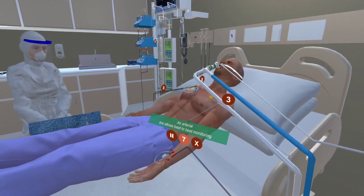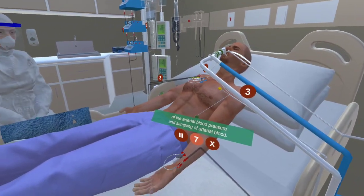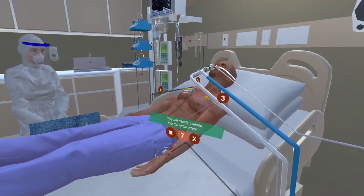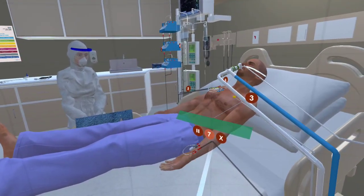An arterial line allows beat-to-beat monitoring of the arterial blood pressure and sampling of arterial blood. They are usually inserted into the radial artery due to lower complication rates and ease of access. The line